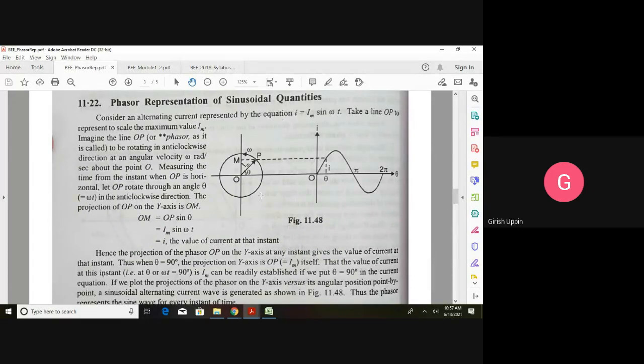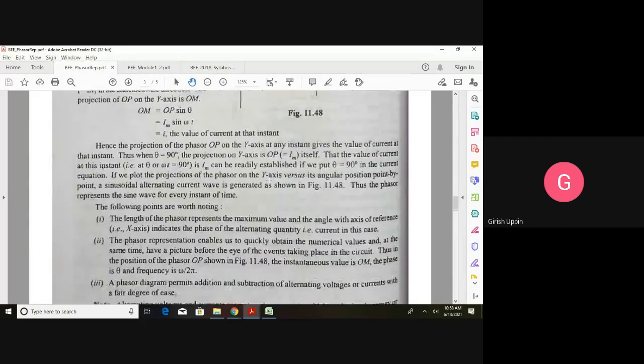When we are representing alternating voltages, just for your understanding, we have done this circle and everything. What you will do is represent it on one line. Always we take the x-axis as the reference. If we have v equal to Vm sin omega t, we just represent it on the x-axis, which means it is in phase with whatever reference we have chosen. I will show you the example.